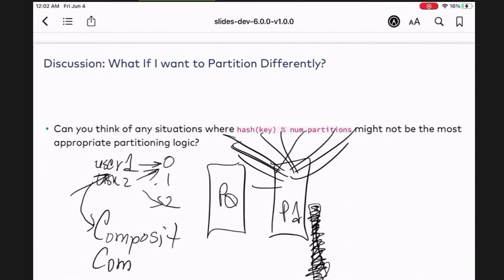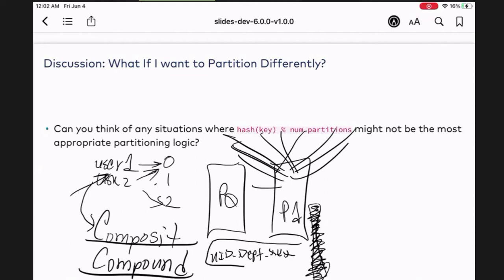Some people say compound. So let's say I take a user ID, and maybe I combine that with some other kind of department number or something else, and maybe also some kind of special, who knows, last 4 digits of something. And I have a really good, unique thing, then my hash is going to be better, and it will be distributed better across the cluster.